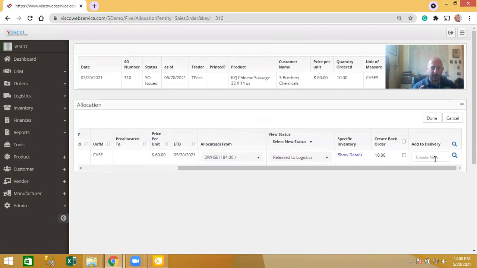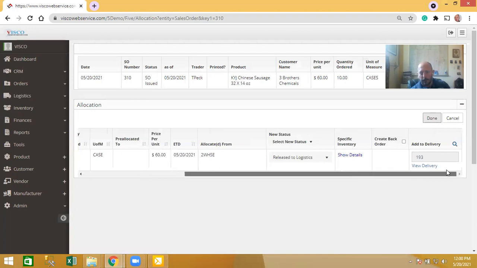So that's kind of like a system level setting where you have to determine whether your normal workflow is that it's one delivery per order or not. If it's typically one delivery per order, then I would have it set up the way I have it set up now, where as soon as the allocation is complete, it creates a delivery and adds that order into the delivery. So in this case, it added this to delivery number 193,